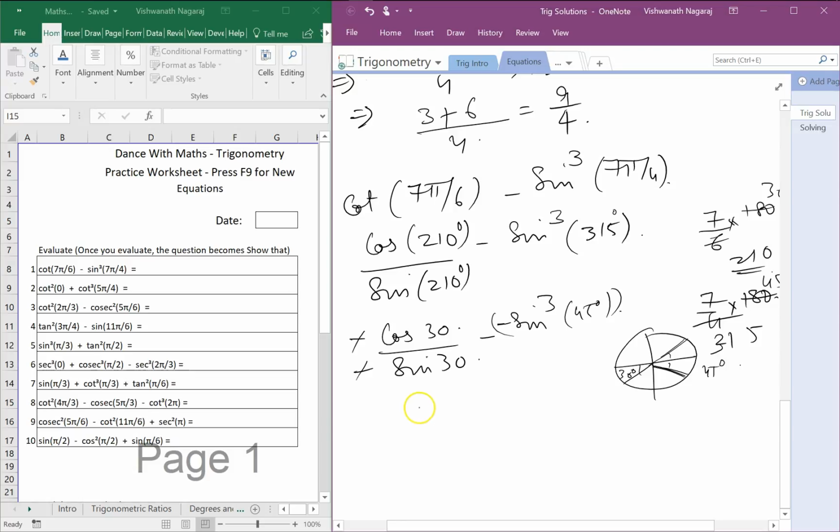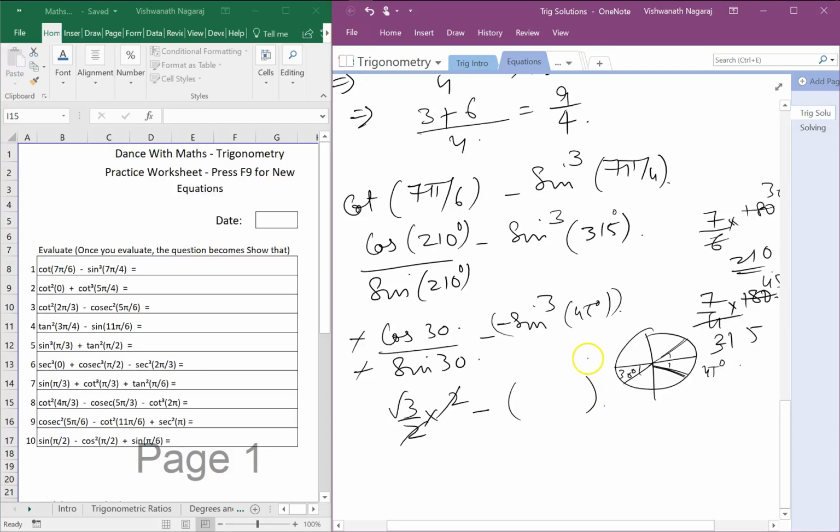So cot 30 is how much? Cos 30 is root 3 by 2 divided by sine 30. Sine 30 is what? 1 by 2. Reciprocal of 1 by 2 is 2. Minus. Let's solve the